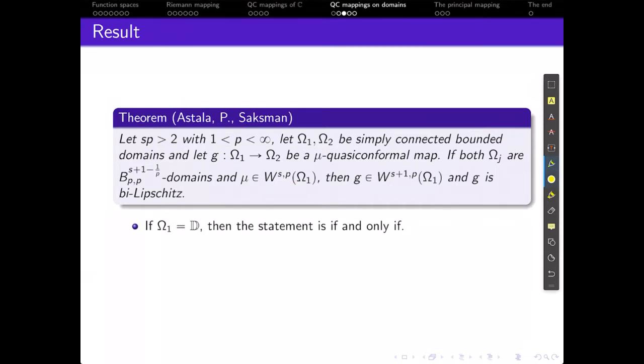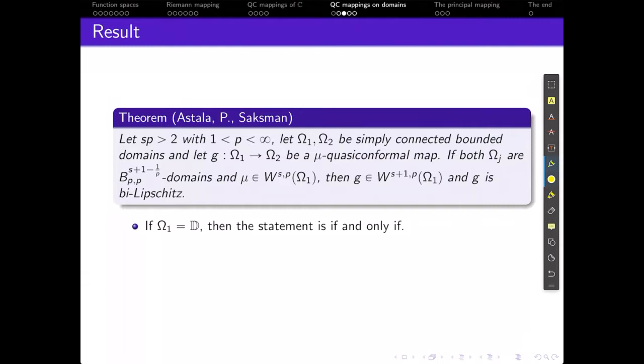Okay, if omega 1 is the unit disk, then the statement is if and only if. So this is a sharp result. So if omega 1 is the unit disk and omega 2 is a Besov domain, then omega 2 is a Besov domain,